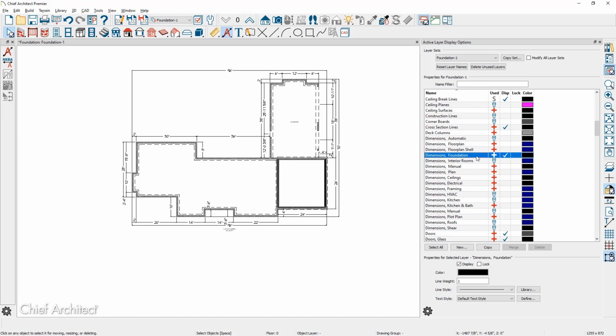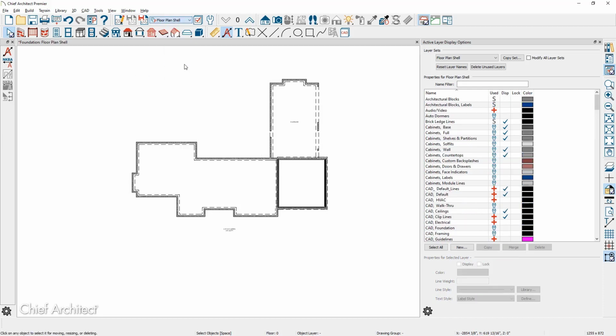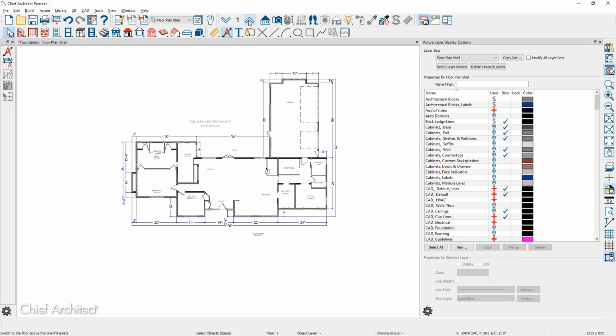And then my Save Plan View will have all of my favorite settings for a very specific view. So let's just go through and make sure that we click the Save button. And then when I switch the view, let's switch this back to the floor plan shell. This isn't floor specific, but let's move up to the first floor. You see the dimensions here, and then when I switch back to the foundation view that we've been working with,